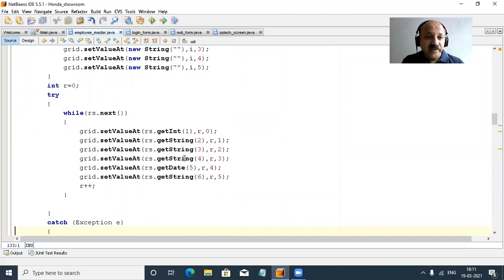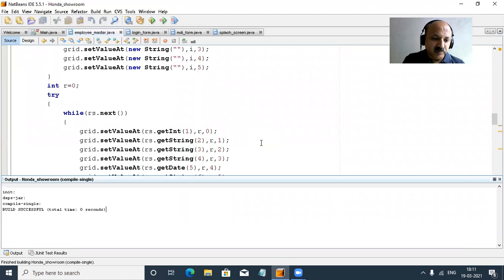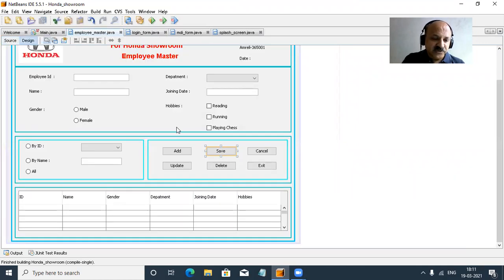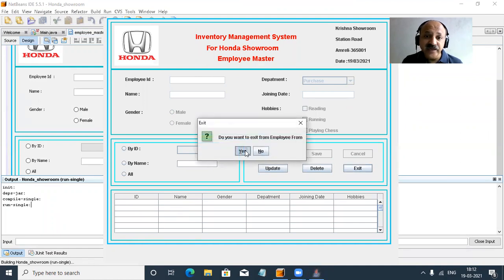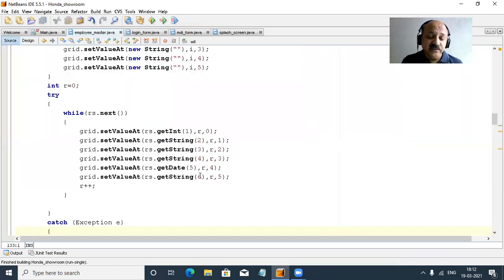So save. We can call this grid in the update and delete operations. So that code we can apply meaningfully. So I compile and now run. So let us check. Last time we ran. So yes, now there is no connected message because we removed it, as that was only for testing purposes. And now add, yes, here 103, you can look here. Yes, here the record is not coming. So what to do? Yes, I first cancel. I give no and cancel, all disappear and then exit. So first we run, and all our previous records are displayed in the grid.